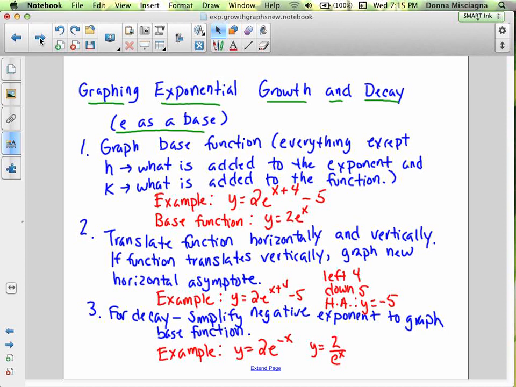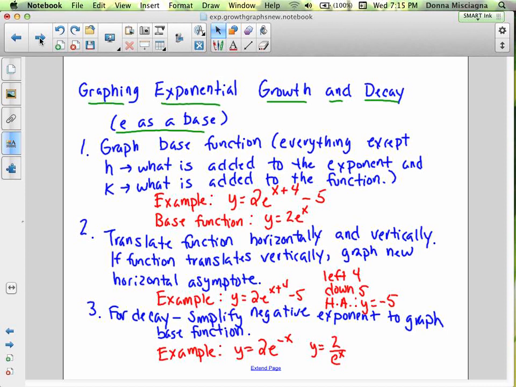If the function translates vertically, make sure you graph the new horizontal asymptote. So for instance, if the graph was y equals 2 times e to the x plus 4, minus 5, we would take our base graph and shift it 4 to the left and 5 units down. There would be a new horizontal asymptote, and that new horizontal asymptote would be y equals negative 5. And by the way, it's going to change our range, because the domain and range for e to the x is the same as all of our exponential functions: domain of all real numbers, and a range of 0 to infinity